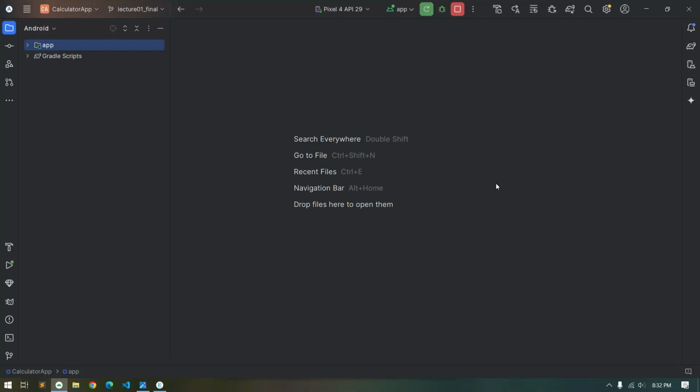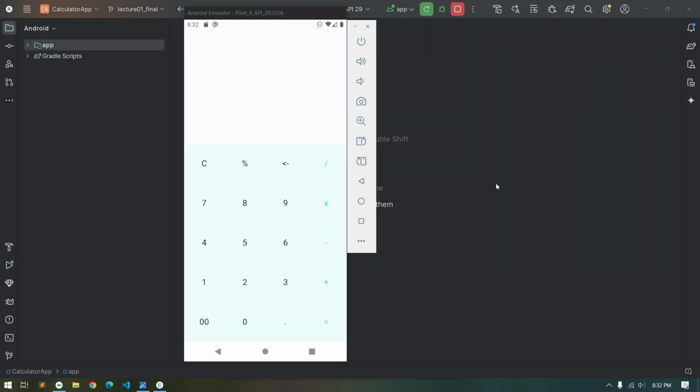In this video we will make a basic calculator app just like this, which performs basic operations. We can also remove items one by one, perform multiply. By pressing this, our result becomes the first value, then we can perform further operations. So we will create this kind of basic calculator app, and this would be a